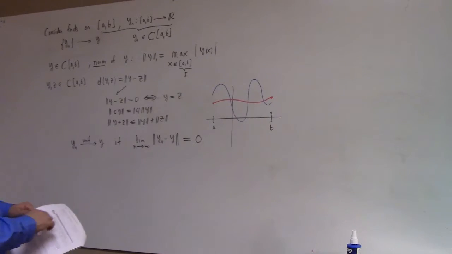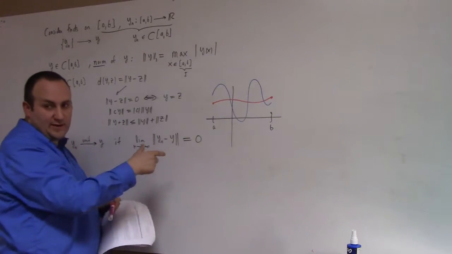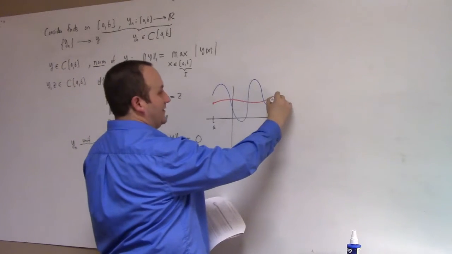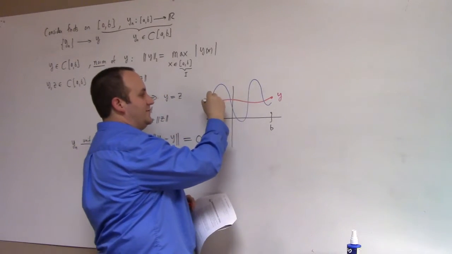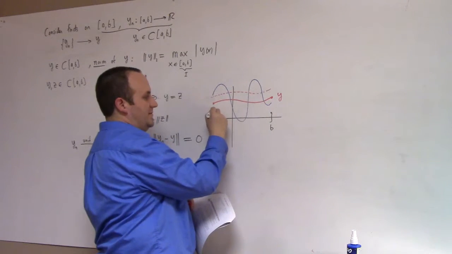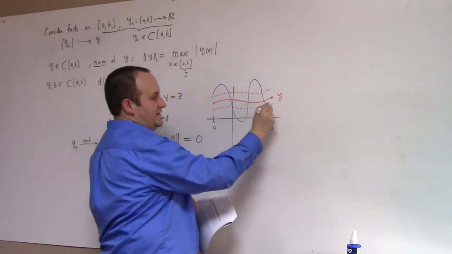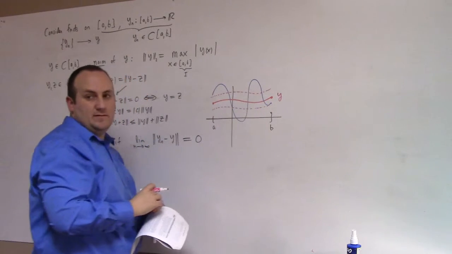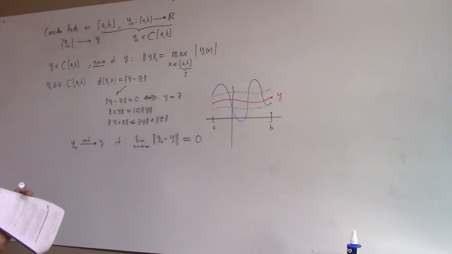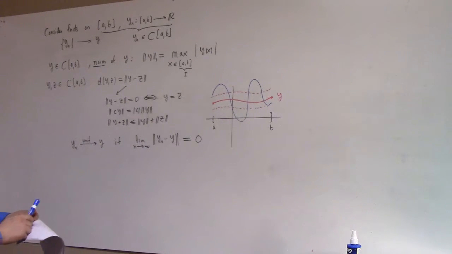Stop talking to myself. So if you pick any epsilon you like, right, that would correspond to some sort of, so this guy is the y, right? So an epsilon band would be something like this. You can envision this plus or minus epsilon ribbon. And the point is you can choose n sufficiently large so that all of the sequence functions, right,